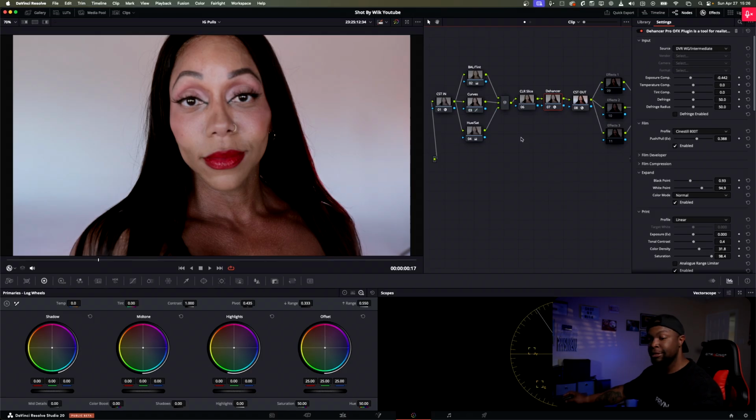I've been using it on the last 5-6 projects that I've been on over the last month, and it's made my color grading process so much easier. This used to be a massive node tree that I had before, and now it's pretty much slimmed down to what you see here. In all honesty, I could probably knock this out repetitively in like 10 minutes, and then I would be able to copy that same look,